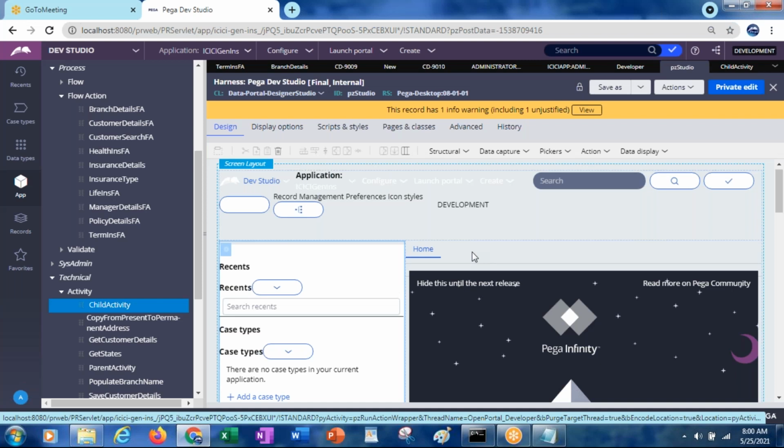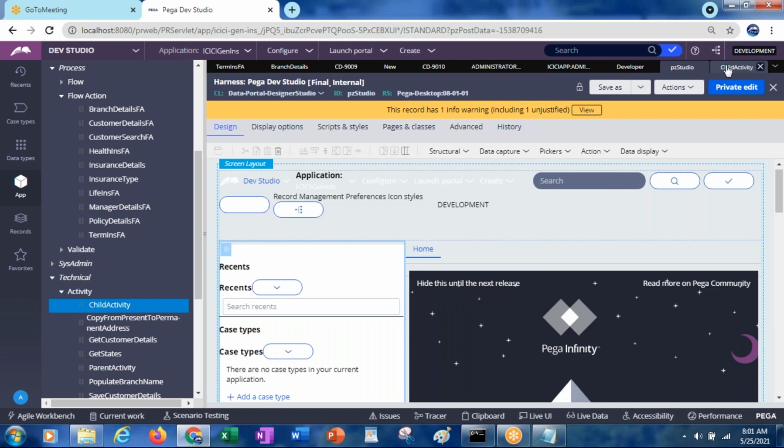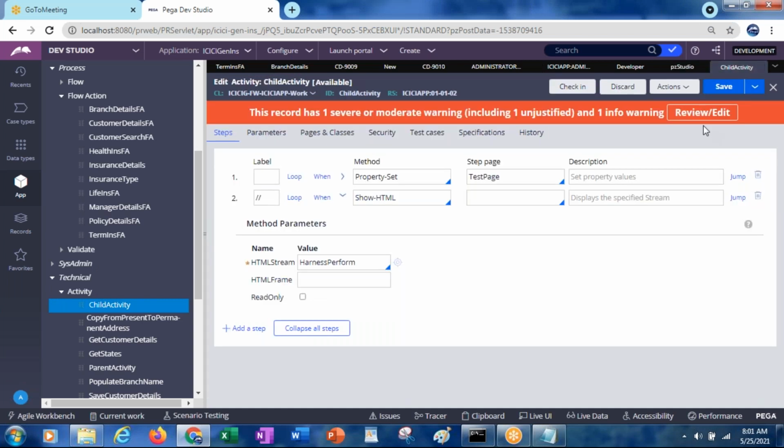So if we call the harness from an activity, it will continue as a separate window. It will not be part of the current work object. Exactly, correct. It will open one more pop-up window kind of thing, and that can be minimized, maximized or closed.